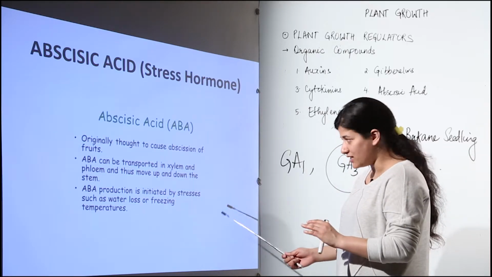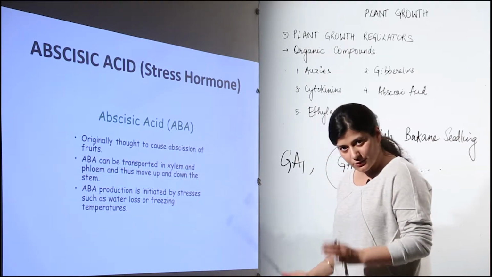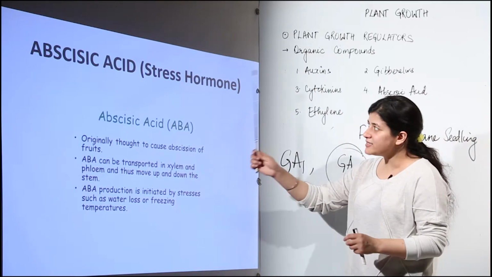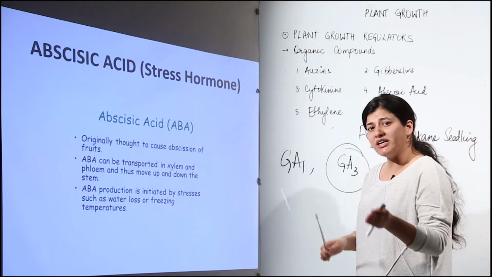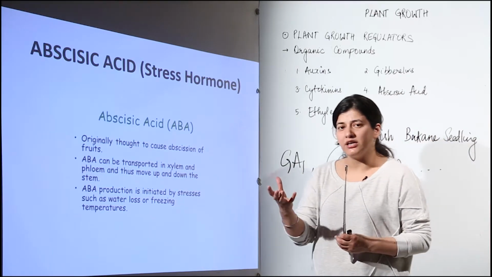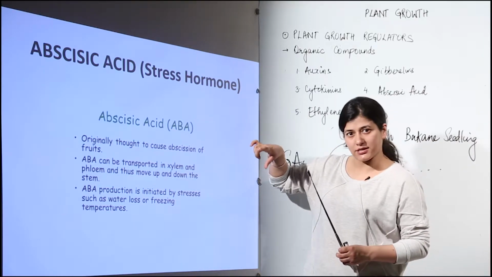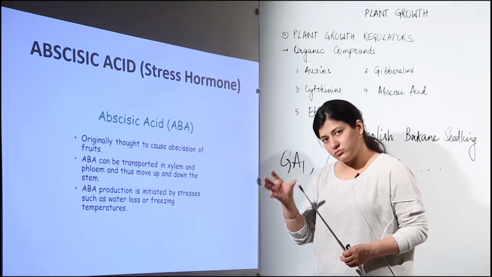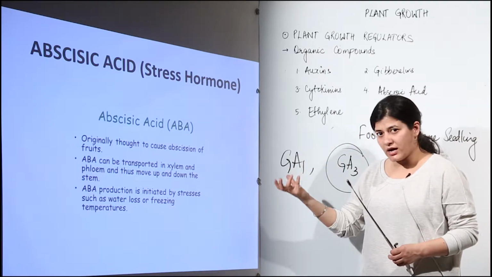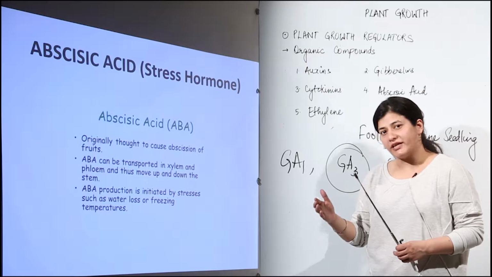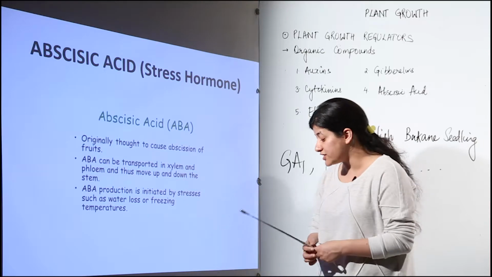It can be transported in both the cases, and its production is initiated by stresses. Whenever the stressful condition is present, abscisic acid would be formed inside the plant. Supposedly the plant is not having enough water, or there is a lot of water loss taking place inside the plant. So what would happen? Abscisic acid would come into the scenario. It would lead to closure of stomata. So abscisic acid somehow managed to provide the plant such a condition so that it can get rid of that stress. It can avoid that stress. That is why its production is initiated in stressful conditions.